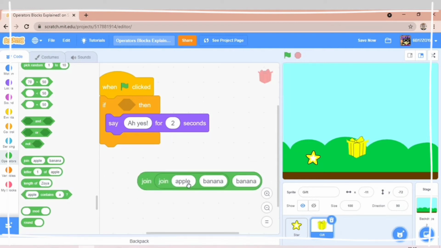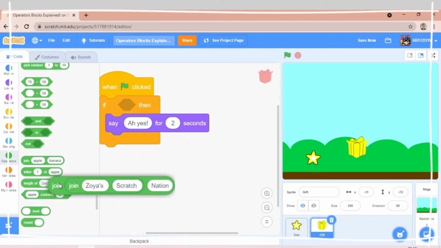I want to join Zoya's Scratch Nation. Now there isn't any space because I haven't added that. But if I do this, as soon as I do it, I will get the space over here.